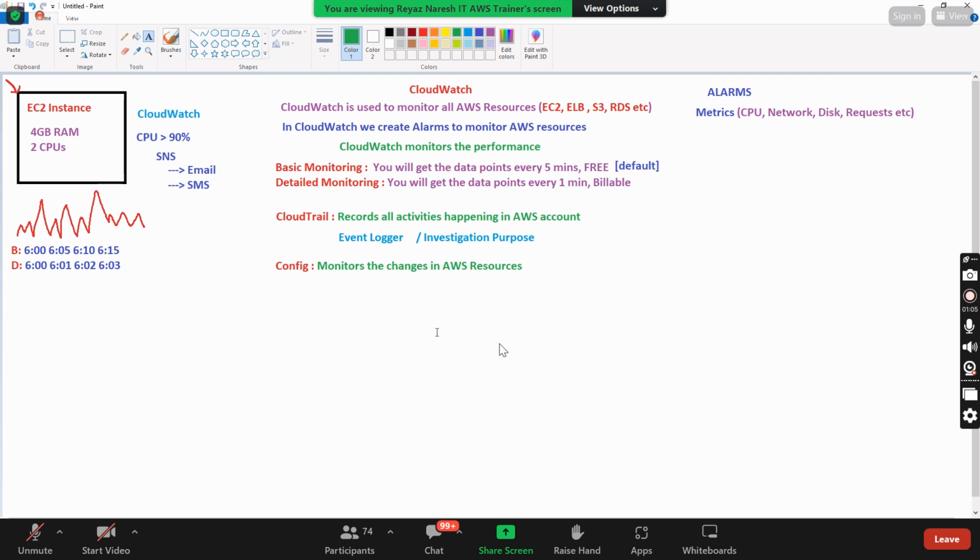Do you understand the difference between CloudWatch, CloudTrail, and Config? CloudWatch is for monitoring purposes, CloudTrail is for recording everything. Config is for changes. Anything you are changing in AWS will be in CloudTrail also. But CloudTrail has so many events. But if you want to track a specific thing, if you configure it,